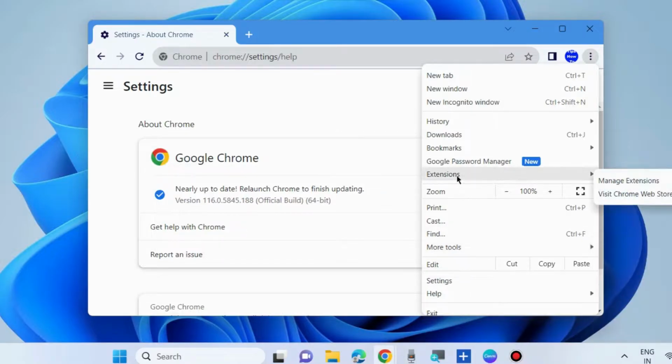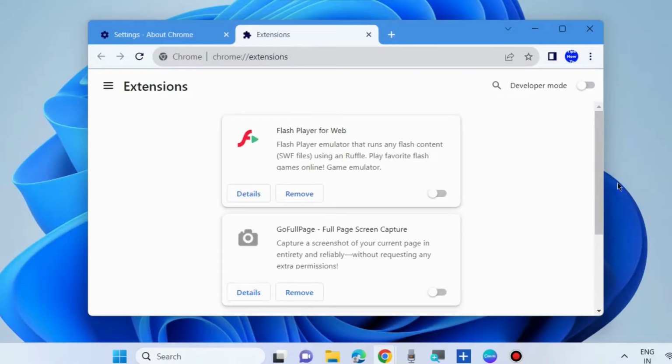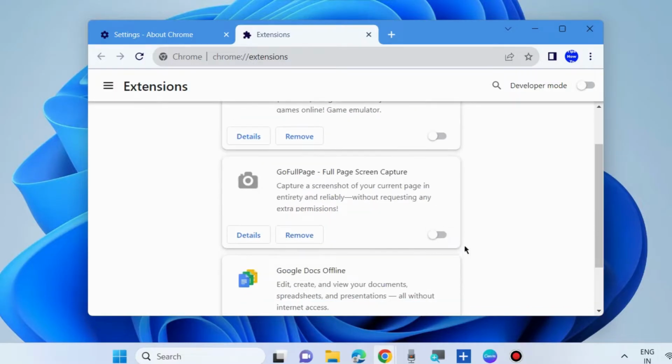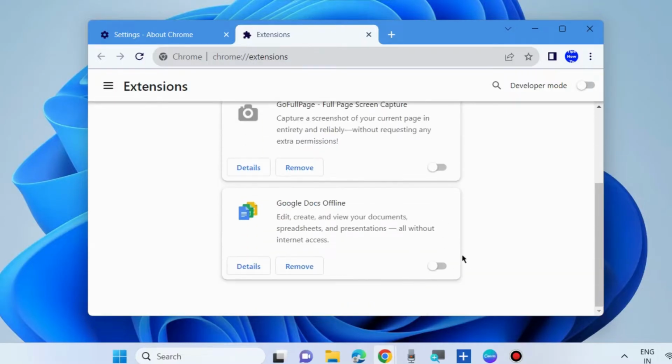extensions and disable active extensions of your browsers temporarily, and your error will be definitely resolved. That